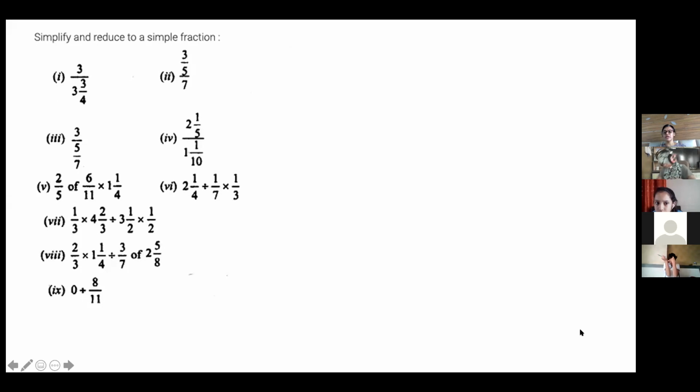First we have to convert the mixed fraction into an improper fraction. I'm not asking Mandela, I'm asking Mosam, Mutabir, Sakleen. Ma'am, first you will convert. Ma'am, this is division, question number 1. Ma'am, it will be 3 multiplied by 4 upon 15.